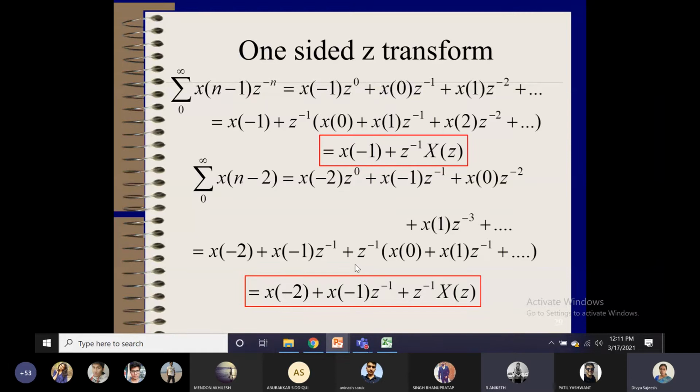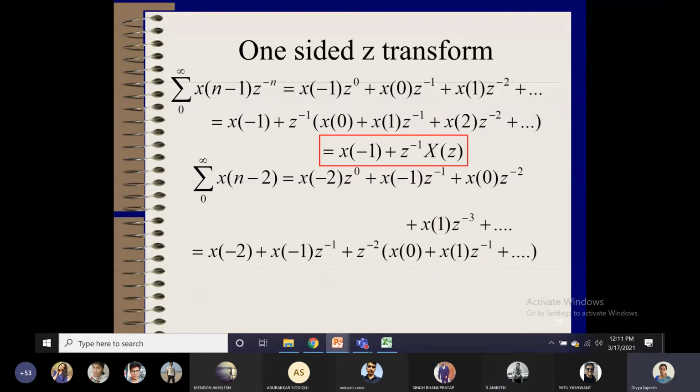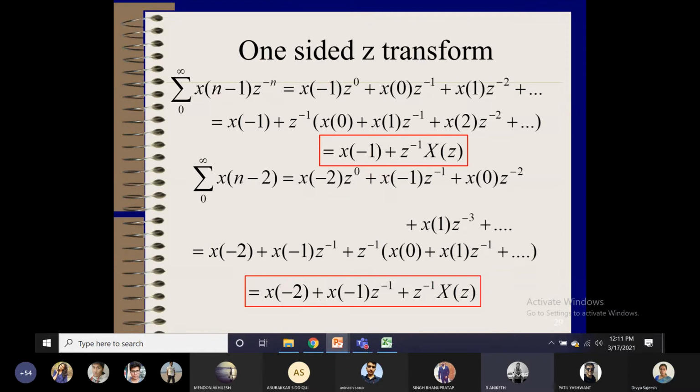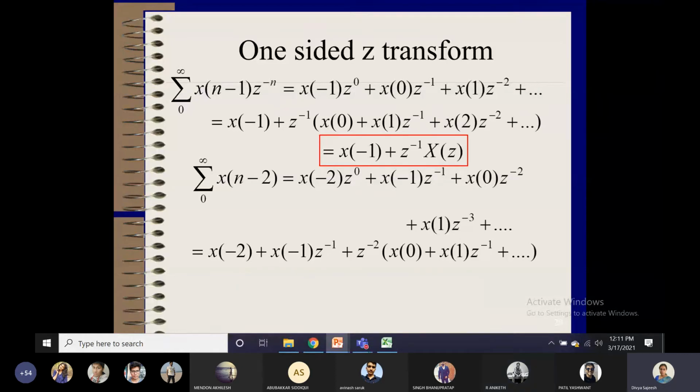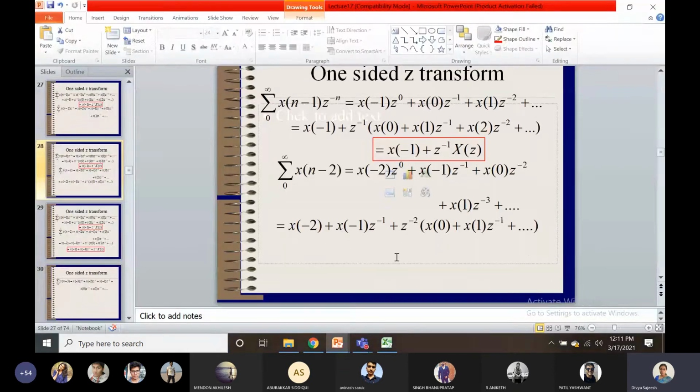It will be minus 2, na, for capital X of Z. Z raised to minus 2, na, for the last one. Which step? This step you are telling? No, ma'am, the next one, after that, final answer. For the last one, it will be Z raised to minus 2 capital X of Z. Yes, because now I told you in this step I skipped it. So in the next step, automatically while I copied it, the previous one only came.